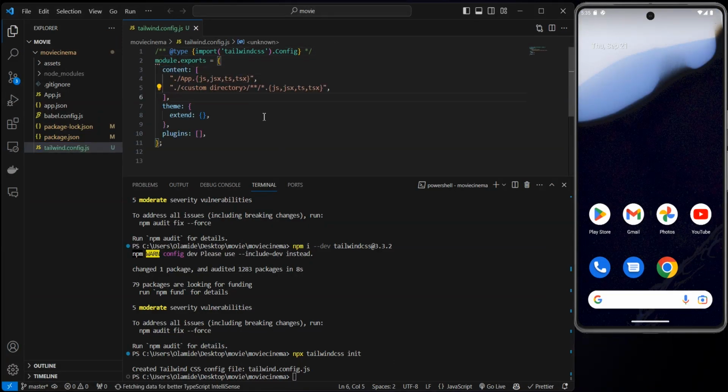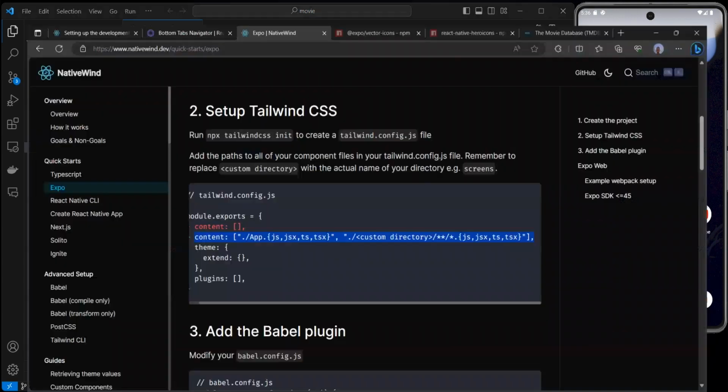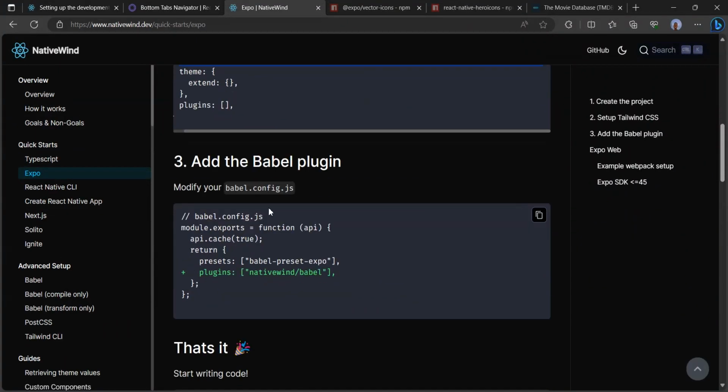This is just saying, okay, whatever directory is here, which is the app, use Tailwind CSS. And this is a custom directory. We're just going to change this to src, because all our components, all our routing will be done inside the source folder, which we are going to create in a minute. After that is ready, we're going to go back to our browser,